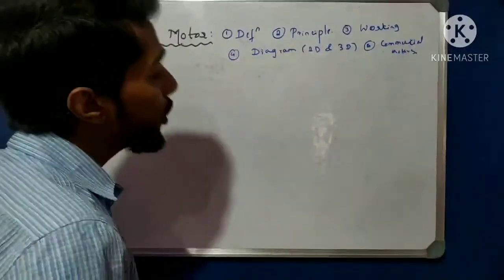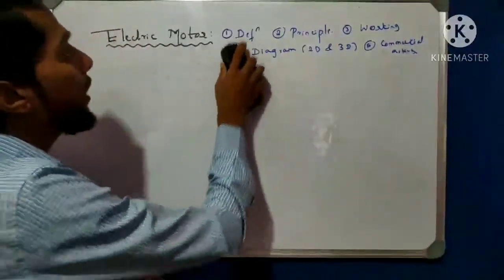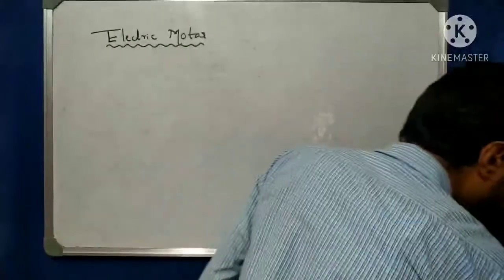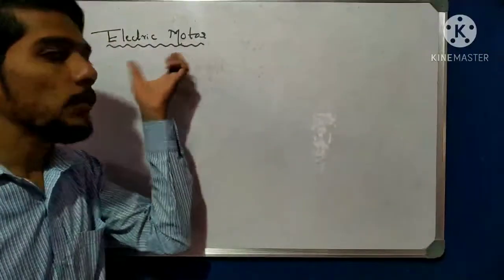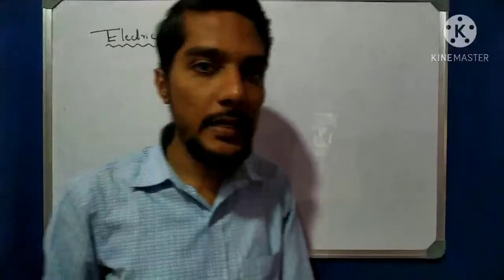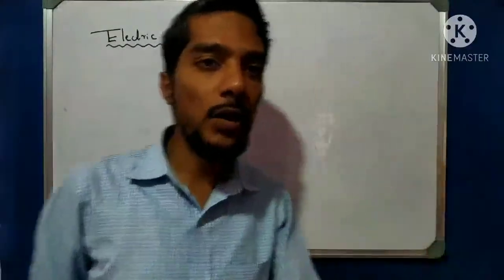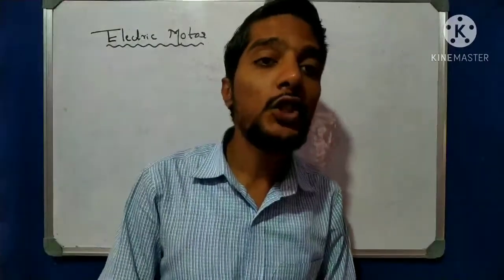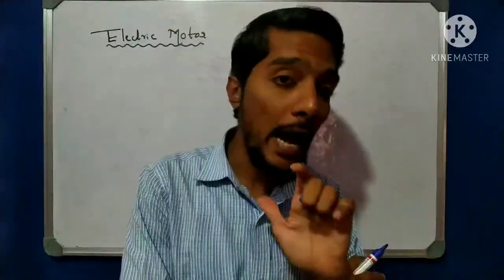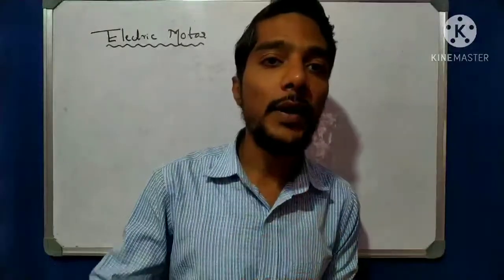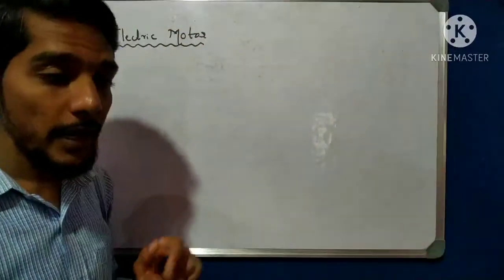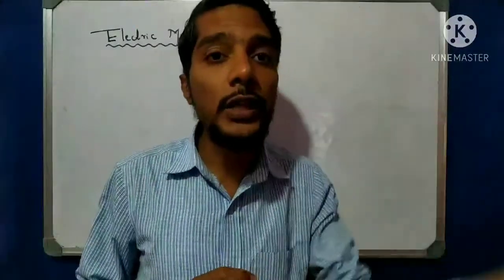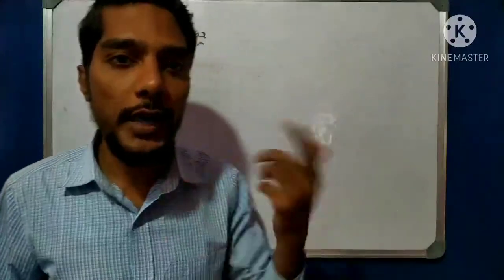So first come to the definition of the electric motor. Its definition is very simple. We know electric means electricity, so an electric motor means a motor which works by using electricity. When we switch on the button, when electricity flows, when current I flows into the electric circuit, only then can the motor work. When electric current is passed, the electrical energy is converted to rotational energy, because electric motors rotate.